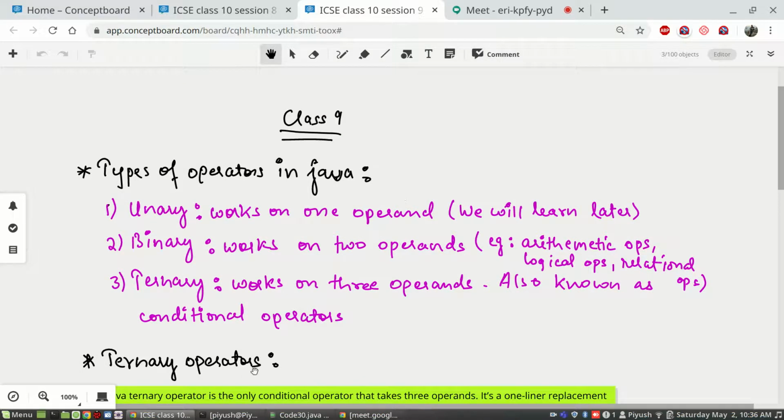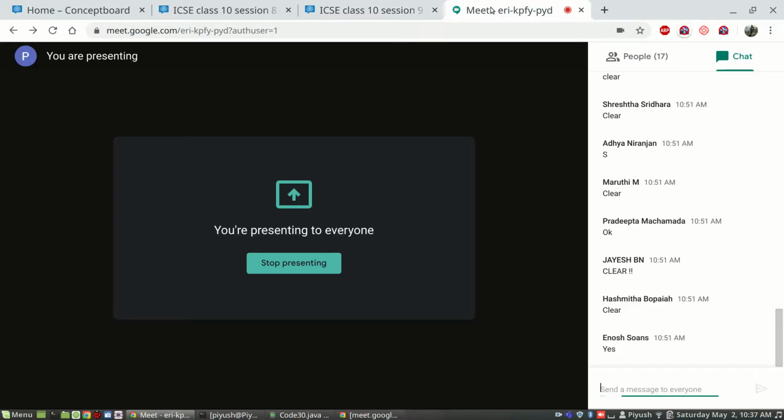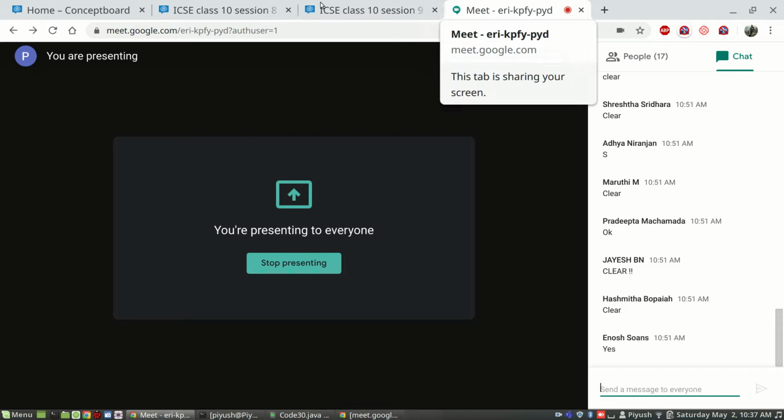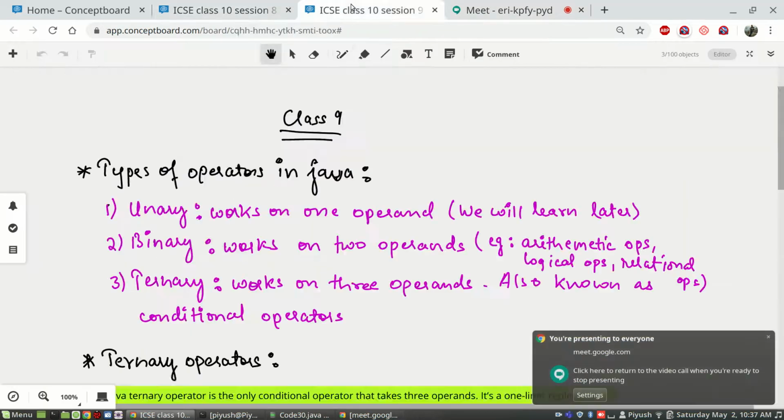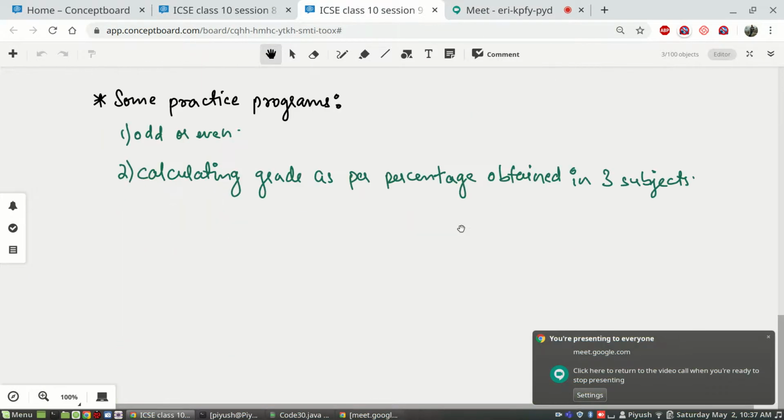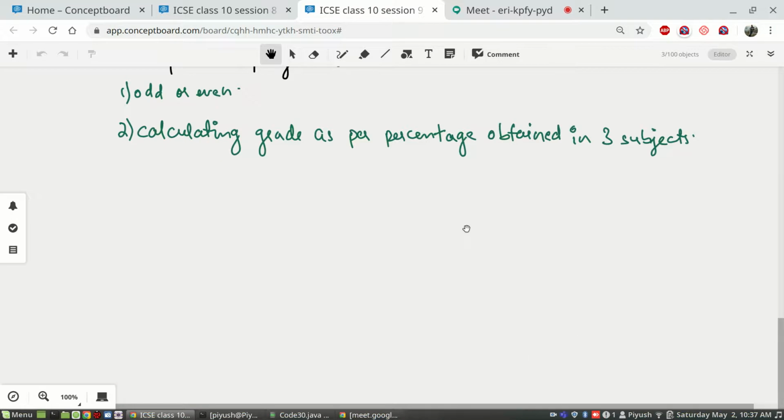Then we are going to see what ternary operators are and what ternary means. I'll first explain the different types of operators, and then we will see ternary operators. Very easy concept. If you have understood if else, you will cakewalk it.